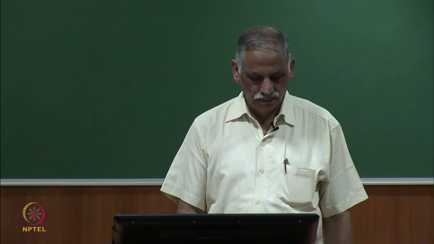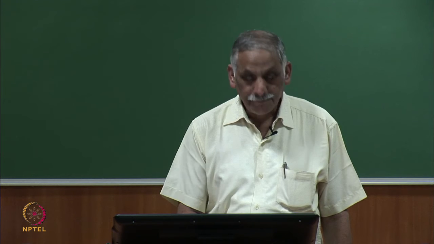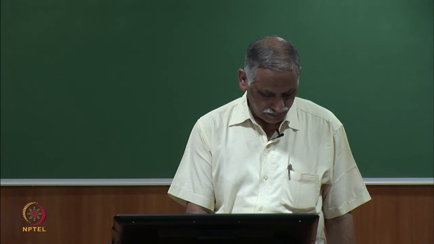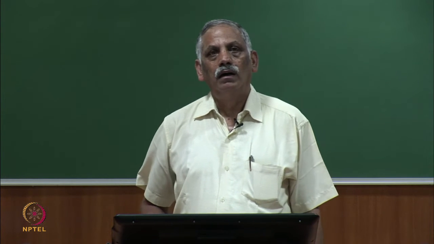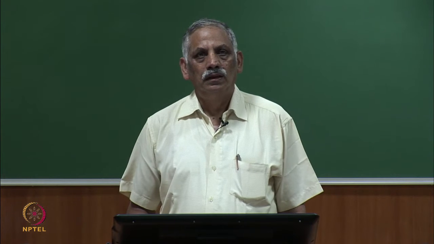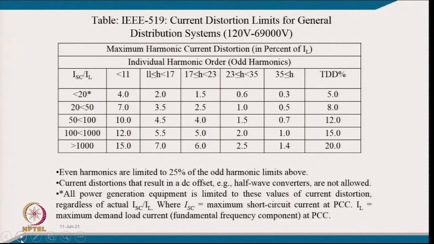Today we would like to cover power quality standards. We discussed a little bit in the last lecture about the different power quality standards. There are a large number of standards, but the most important standard, which is widely referred to around the world, is IEEE 519. This talks about current distortion limits for general distribution systems for the 120 volt to 69 kilovolt